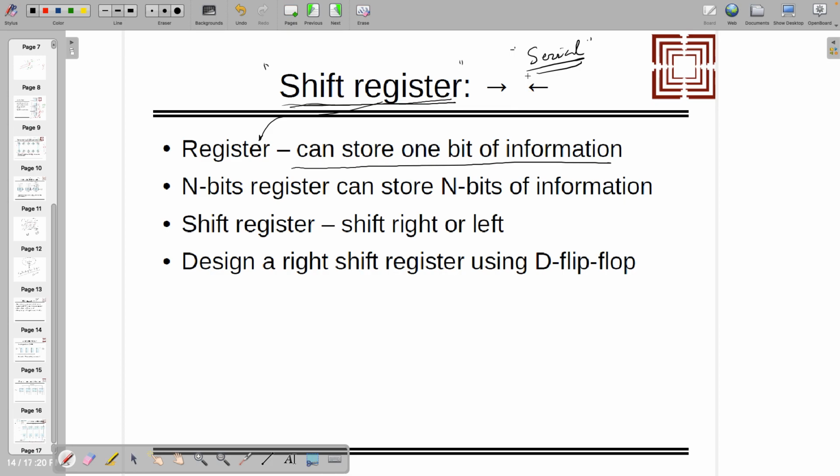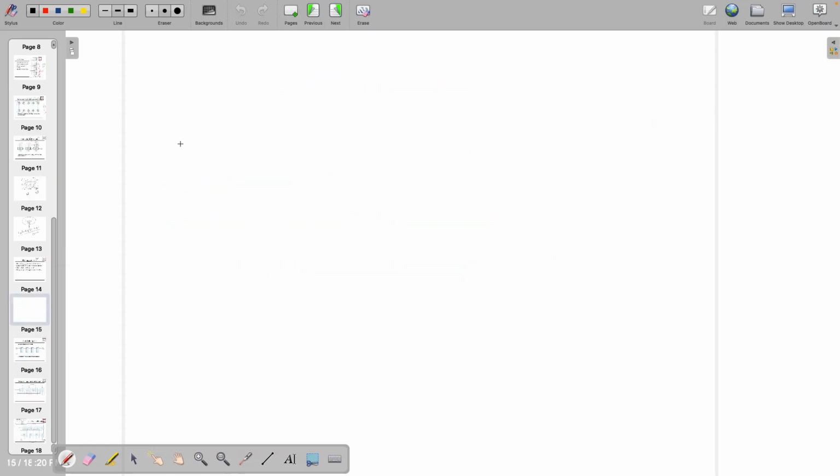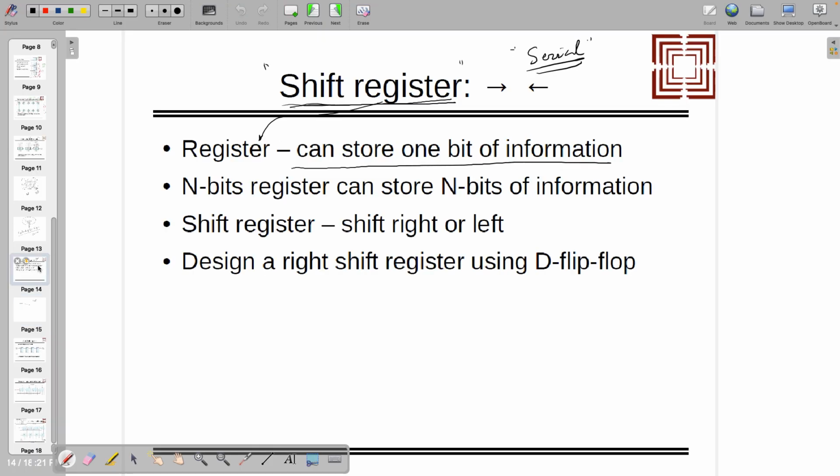Serial inputs come one after the other, whereas in parallel they come together only. So serial, let's say if it is 8 bit, it is like a single line, the same line is giving you the serial output one by one. If it is, let's say, 32 bits of input sent by, let's say, Dev to me, then 32 bits means I have to wait for 32 clock cycles. If it is coming in parallel, it comes in the next clock cycle to me. All 32 bits are available to me directly. That's called parallel. So there are two ways of communication, serial and parallel. So we are talking about serial.